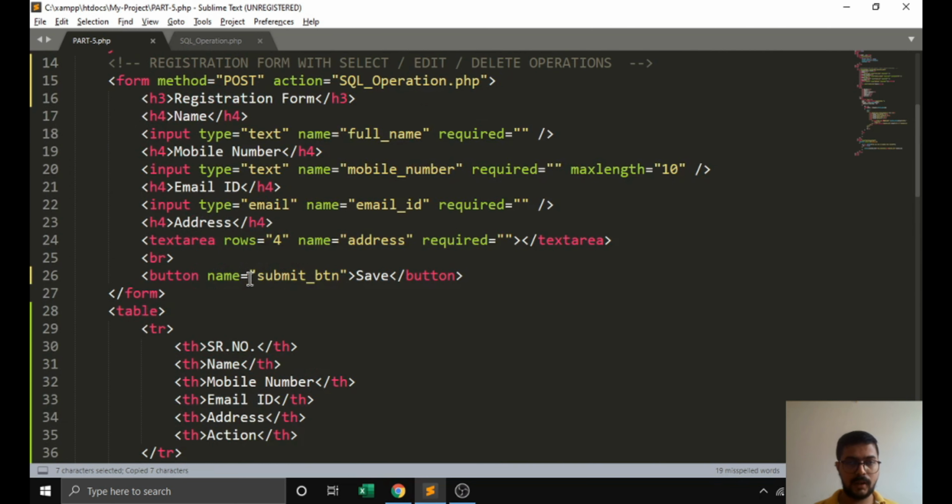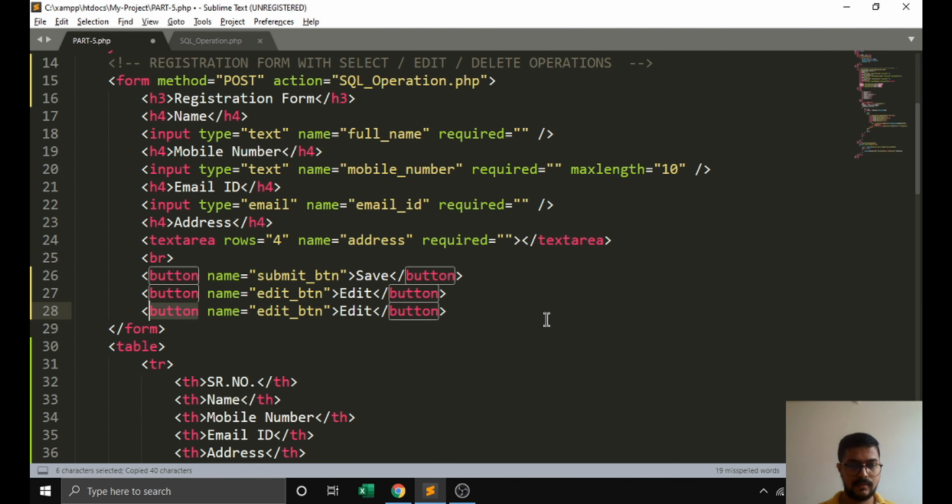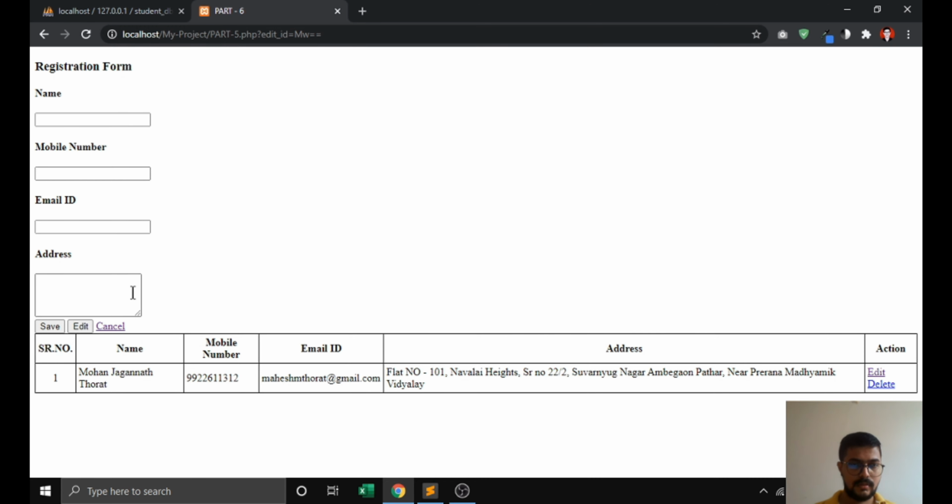For that we need one button here, same like the edit button. Here we are passing edit, and one button is for cancel also, with an anchor tag. We don't need this name property over here. For this we have passed our base URL of this page with a PHP tag. We can cancel it if I am doing an operation, we can cancel it or edit and